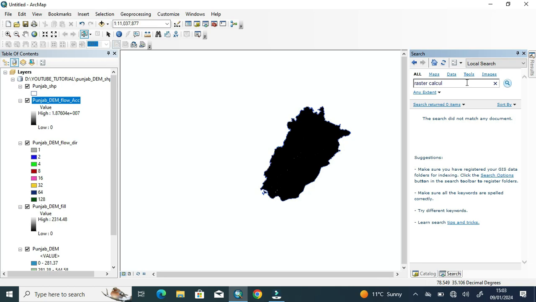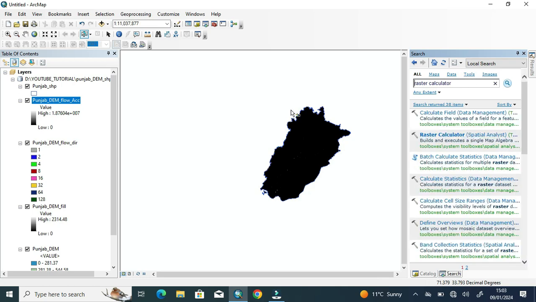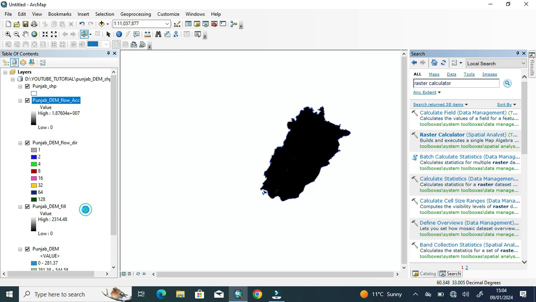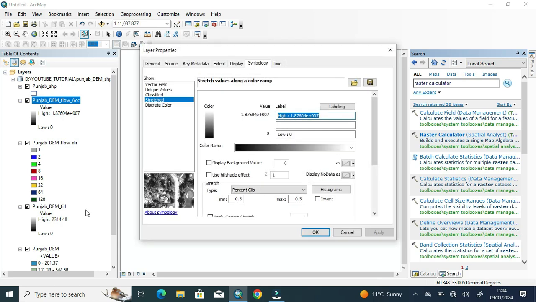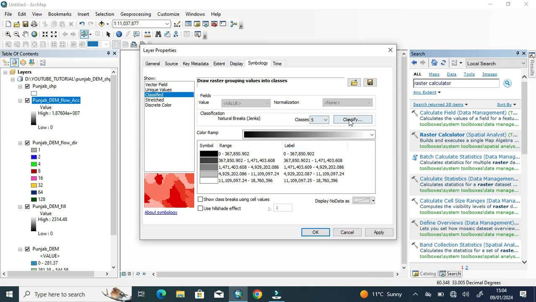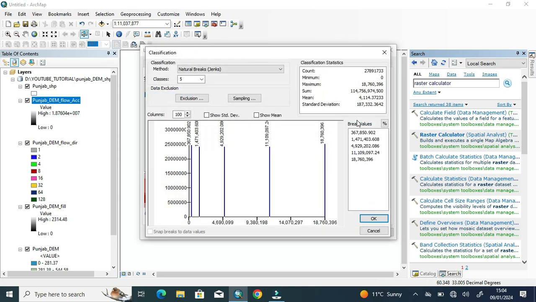One more thing I want to show you: for a good order, the value you want to keep for the stream depends on your area, as I'm showing in its properties. When we classify it, the highest value is around 2